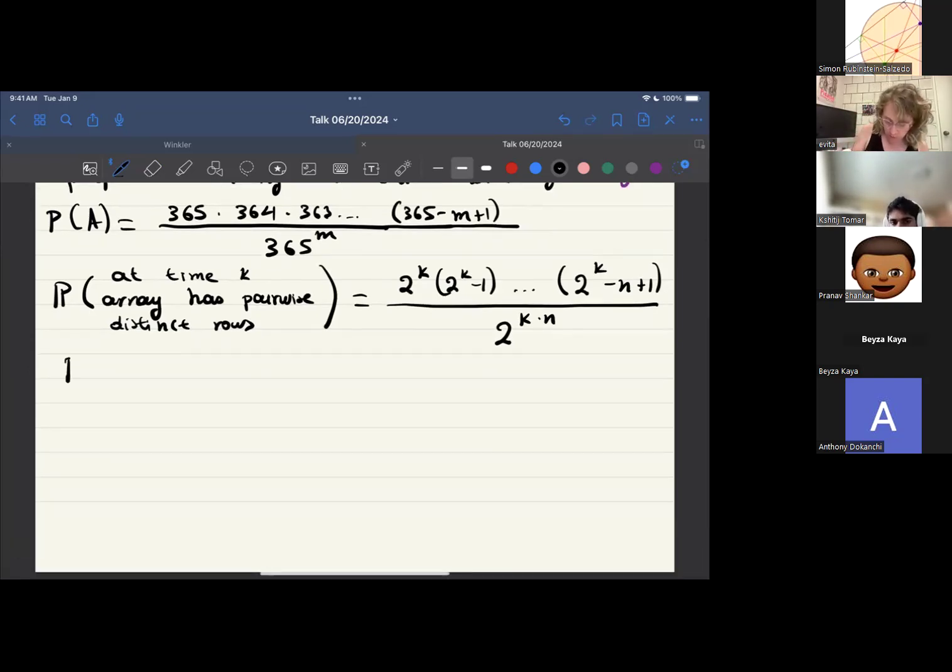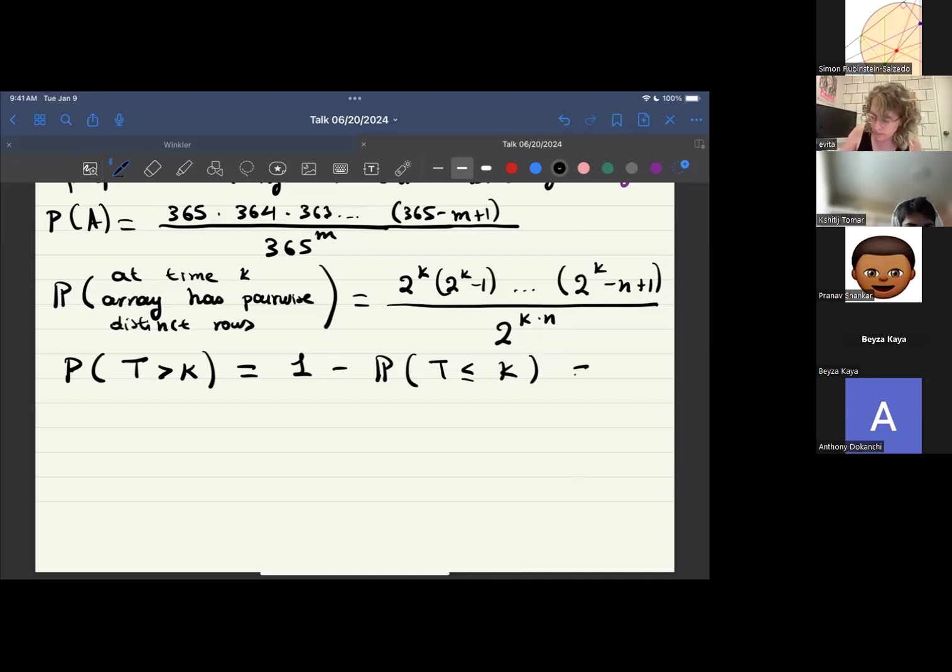So if we are to look at the probability that the capital time T has not happened, so here we have at least two rows that are still the same. We're gonna take this and say that this is equal to 1 minus the probability that T has happened. Okay, so there are two possibilities, either T has happened or T has not happened. And so in English, the fact that